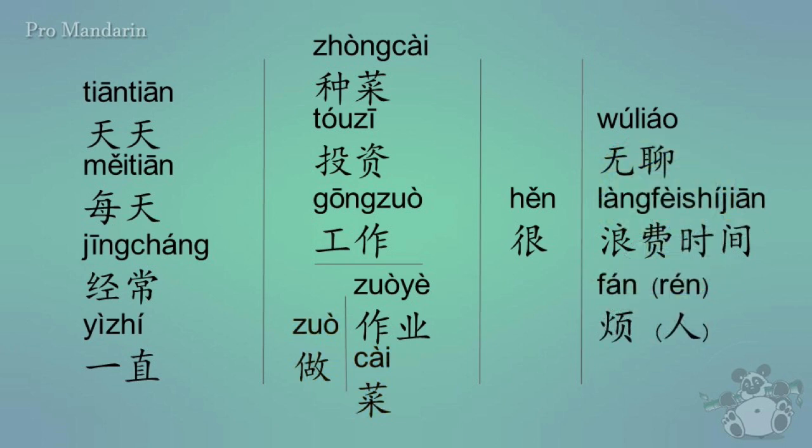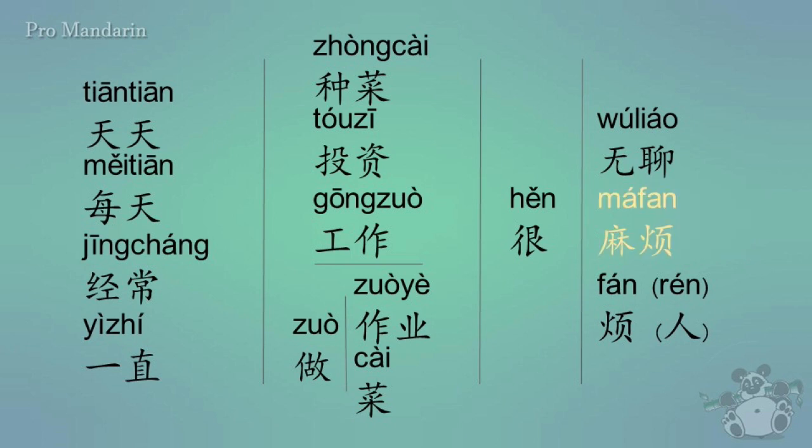Alright, now, we're going to go ahead and take out the word 浪费时间, which is a waste of time. We're going to put in 麻烦. So here are some possible definitions of 麻烦, because it does have some different usages. Bother, bothersome, troublesome, hard, difficult, strenuous, laborious, time-consuming, a pain in the rear, or in other words, a lot of